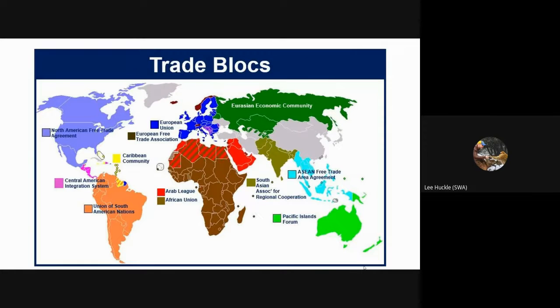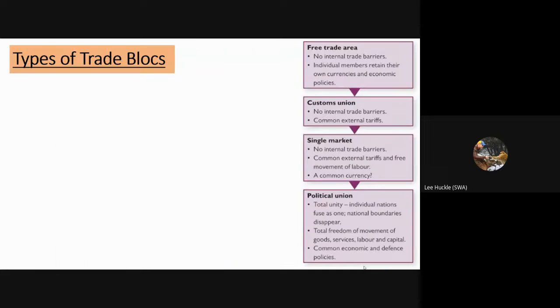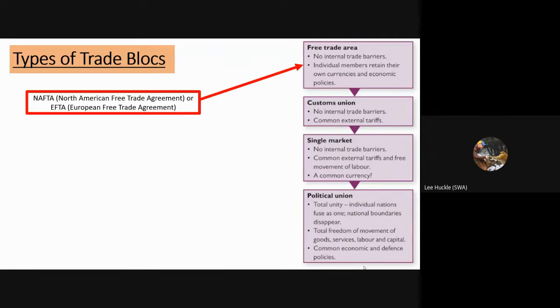We reminded ourselves of the main trade blocs in the world: European Union, NAFTA, which is now changed, and just to mention a couple of the other ones that you'd have looked at in globalisation, ASEAN, the Free Trade Area Agreement within Asia, the Union of South American Nations, the Central American Integration System. These are all trade blocs as part of IGOs as well. And then we delved into the types of the trade blocs that are out there.